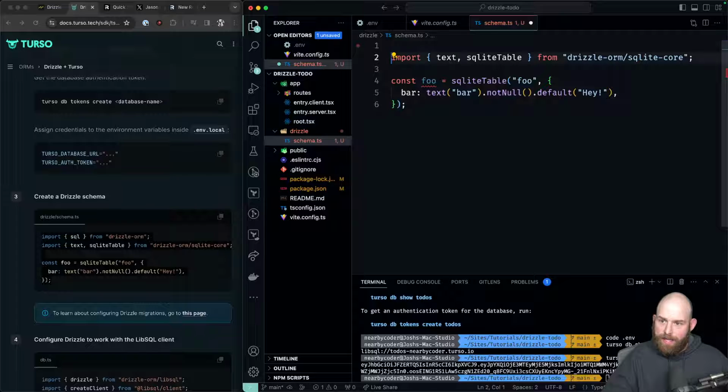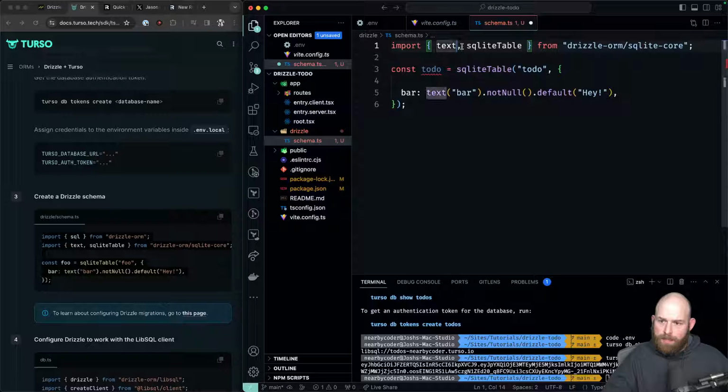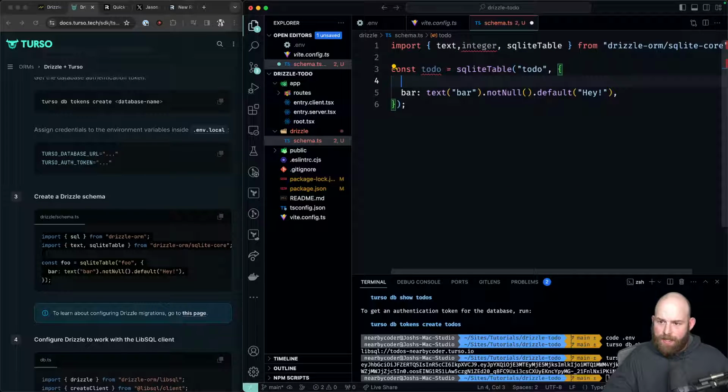One, we don't need that. Two, we'll call this to-dos. We'll call it to-do, single to-do. So we'll have a to-do table. We'll have, let's put in an integer. So we can say ID is integer, and then we'll say,